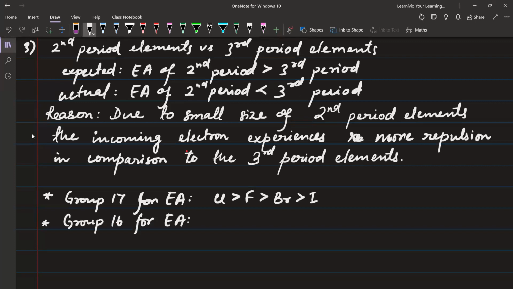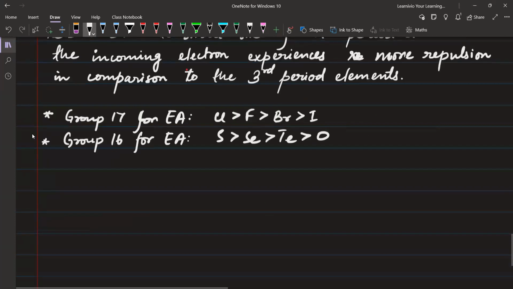for electron affinity, the most negative electron gain enthalpy or the most highest electron affinity is for what? Sulfur. उसके बाद selenium, then you have tellurium, then you will have oxygen, ठीक है? ऑक्सीजन का सबसे कम हो जाता है। बाकी सारी चीजें तो अदर ग्रुप्स के लिए नहीं। फॉर एग्जाम्पल, इफ यू कंपेयर फ्लोरीन एंड क्लोरीन, तो फिर क्लोरीन का ज्यादा है किससे? फ्लोरीन से। इफ यू कंपेयर सल्फर एंड ऑक्सीजन, देन सल्फर हैज मोर इलेक्ट्रॉन एफिनिटी देन ऑक्सीजन।